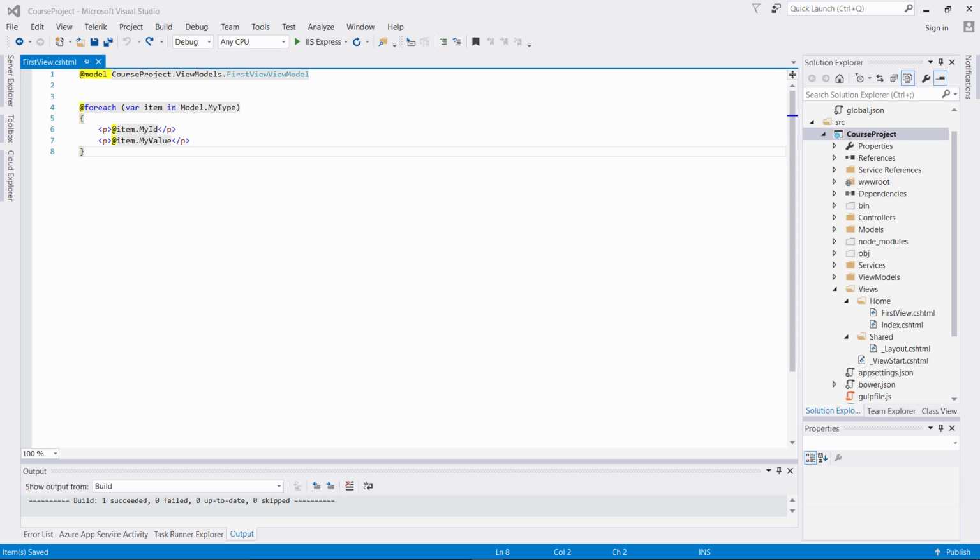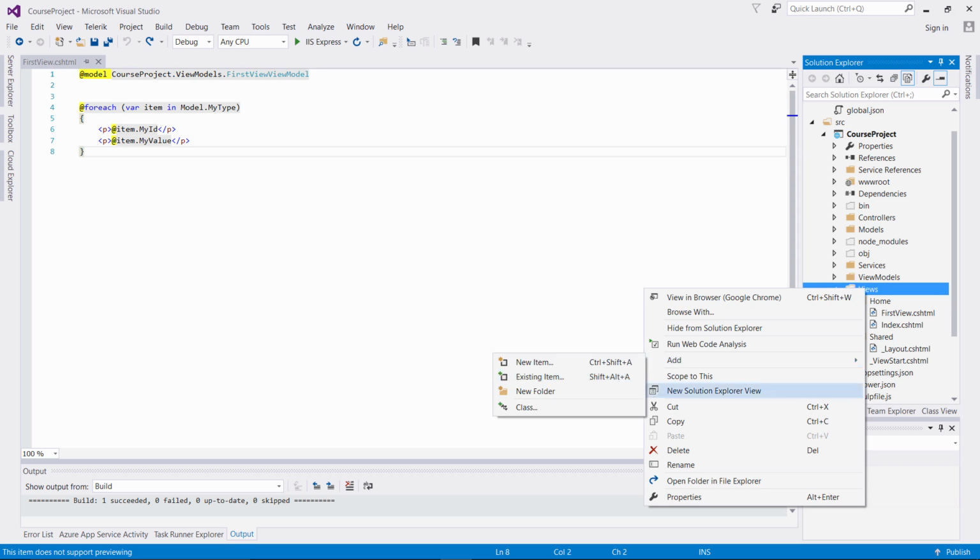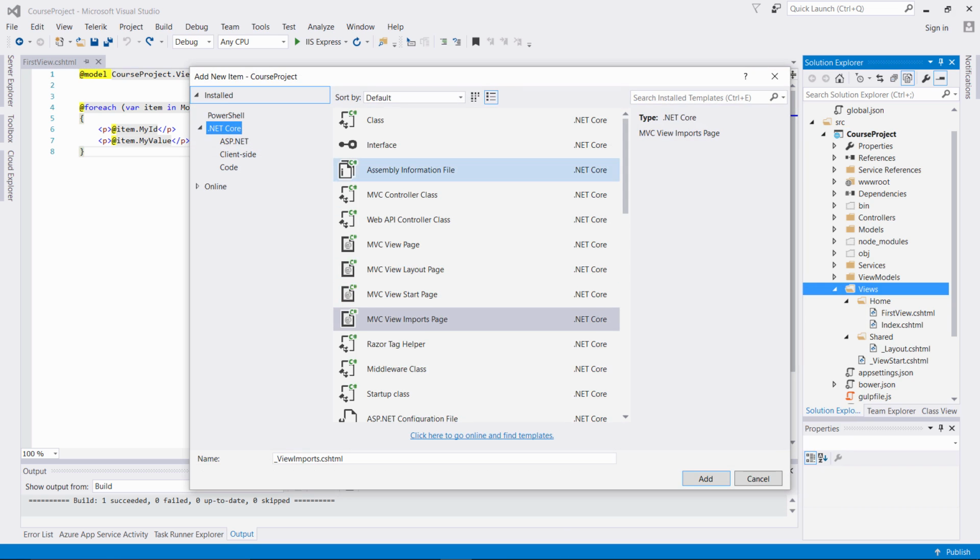As you can see in our first view file, inside of the Home folder, we are utilizing @model CourseProject.ViewModels.FirstViewModel so that we can utilize MyType inside of our model. If we wanted to incorporate this view model in all of our subsequent view pages, we can just utilize this in our _ViewImports.cshtml file. So let's go to our Views folder, click Add, New Item,